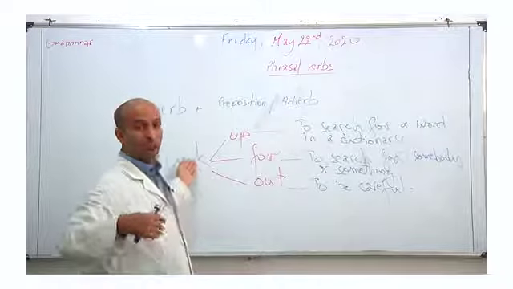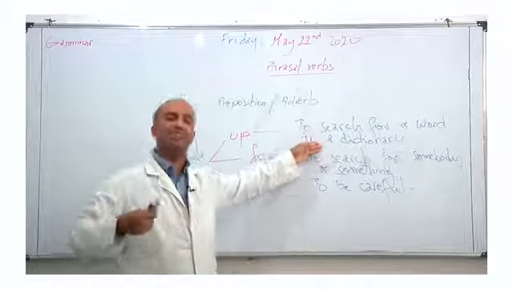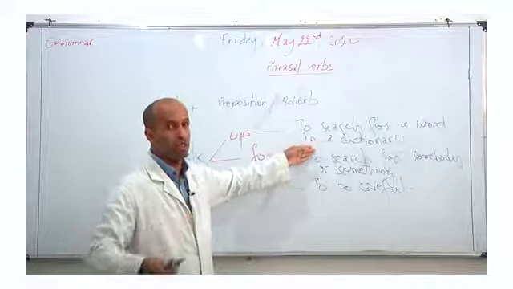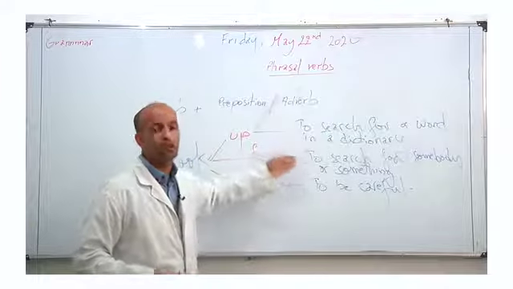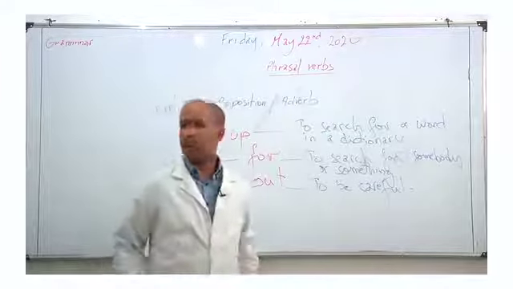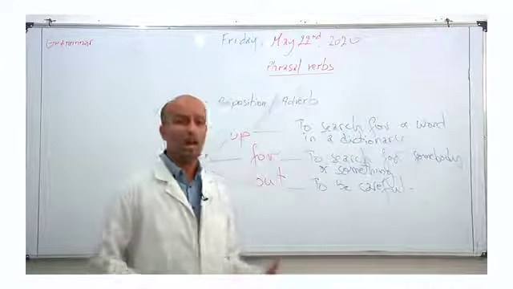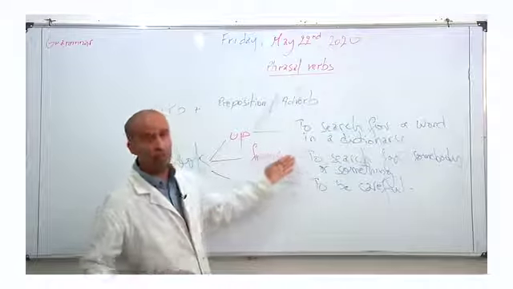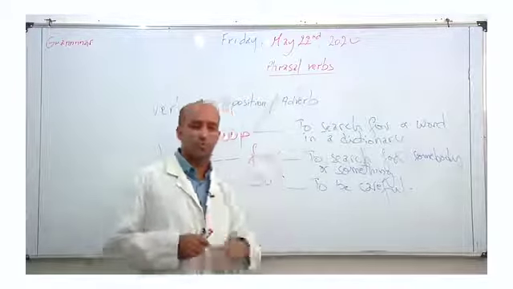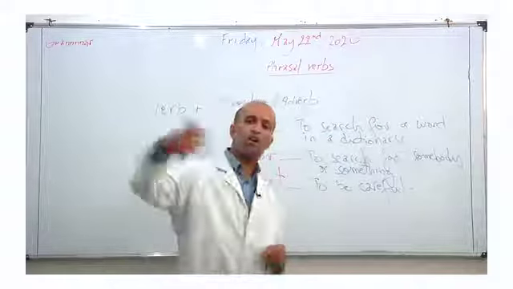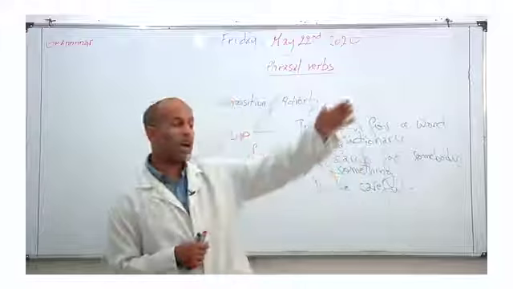If you don't understand a word, you look it up in a dictionary in order to understand its meaning. You look up a word in the dictionary. When you lose something, you look for it. For example, I've lost my wallet and I'm looking for it now. I don't know where it is. I'm looking for it. I'm searching for it. Look out is to be careful. Imagine you're crossing the street and a car is coming, and then somebody may call out for you, hey, look